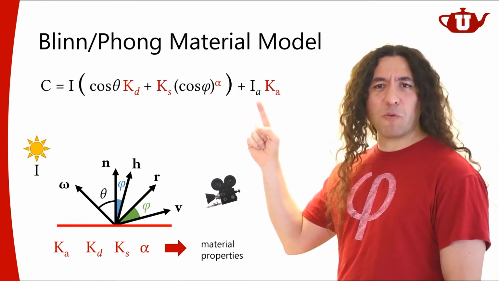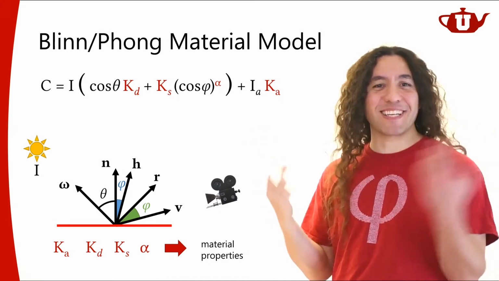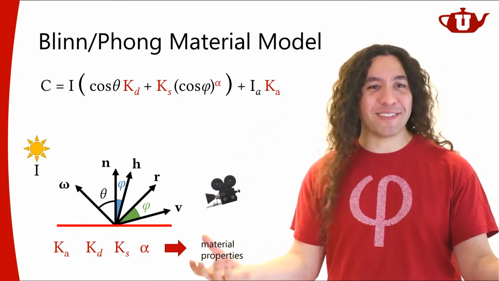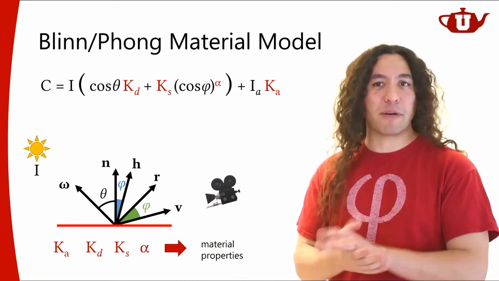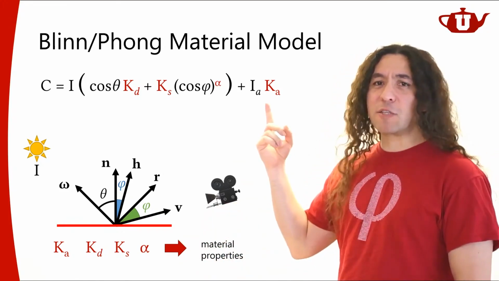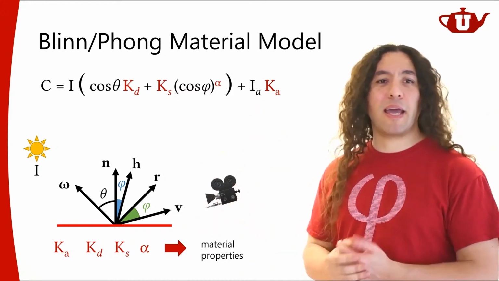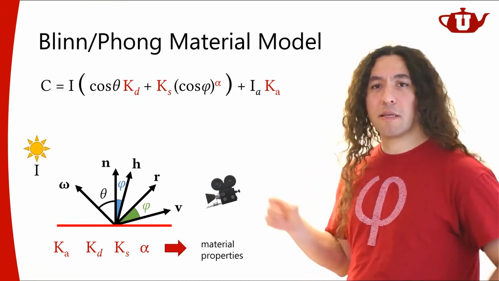I think you understand where this ambient light is coming from. It's actually not coming from anywhere realistic. It's just coming from a necessity that I want to have some light everywhere. I don't want anything to be pitch black because that's not very realistic. So it's a very, very crude approximation of light coming from all directions in more realistic scenes.